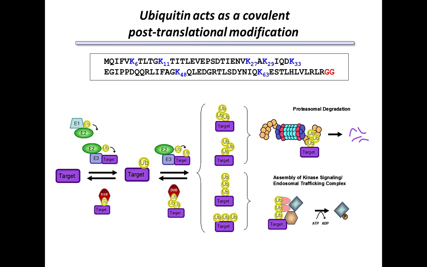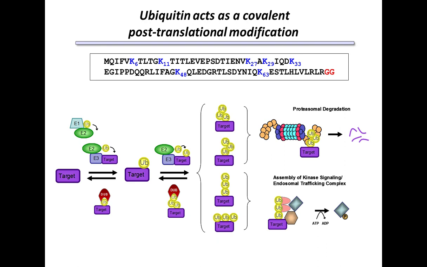That might be changing their function, whether it be their location within the cell, their activity, or their stability. Now, while ubiquitin is a protein, it functions in a unique and interesting way, and that is that it itself is actually a post-translational modification of other proteins. It becomes attached to protein targets through the coordinated actions of the E1, E2, and E3 families of enzymes, typically on lysine residues, although it can also be attached to other residues, including cysteines and the N-terminus of proteins.